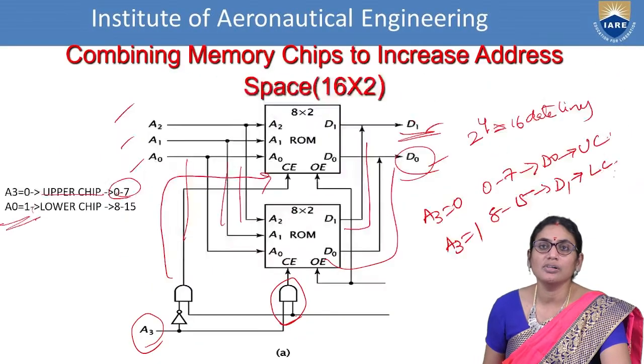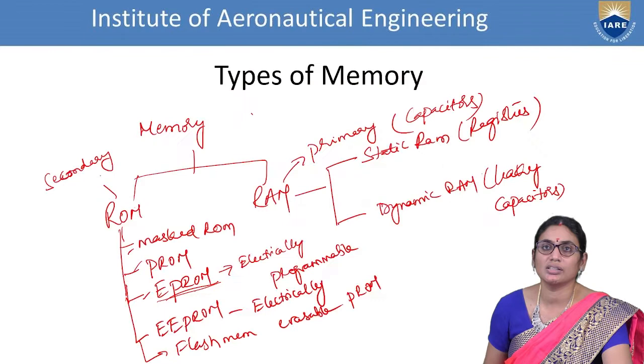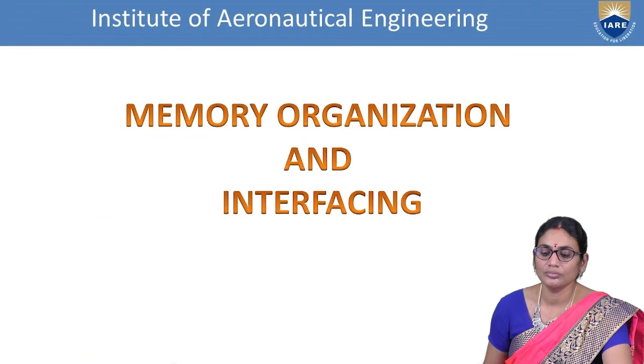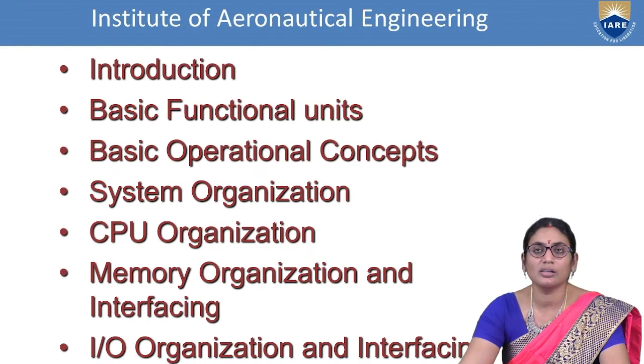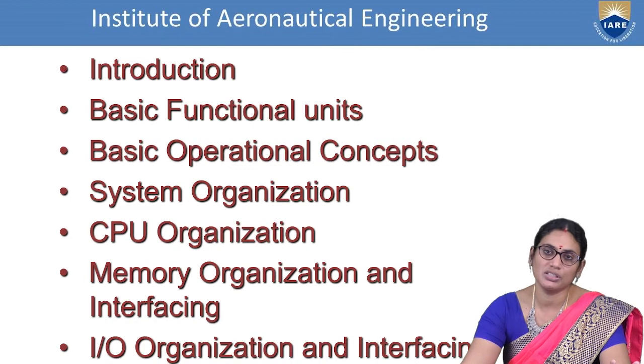So let's have a brief introduction about what exactly we have discussed today. We started with the basic things, like what we mean by a basic computer, and we saw the importance of a computer. The technical definition of a computer is that it is a device which accepts input, performs the task and gives the results. How many units do we have for performing the process? We have three basic functional units.